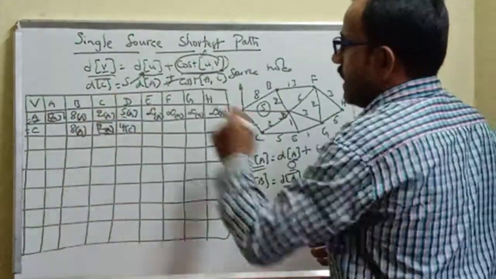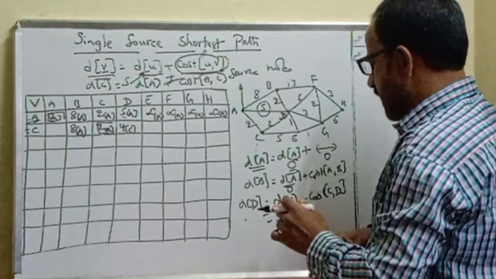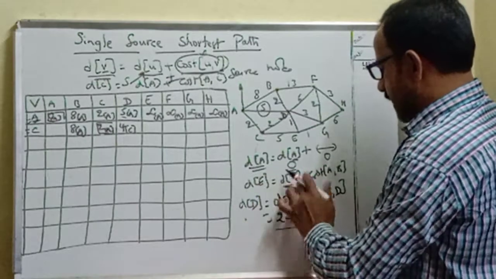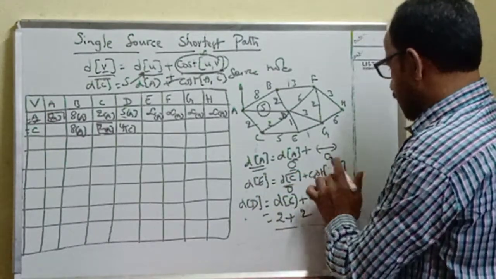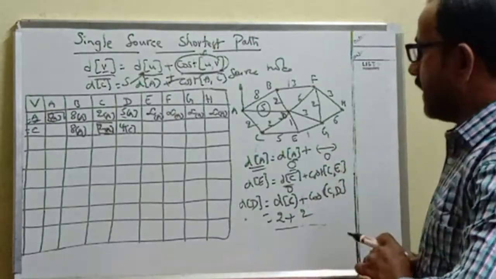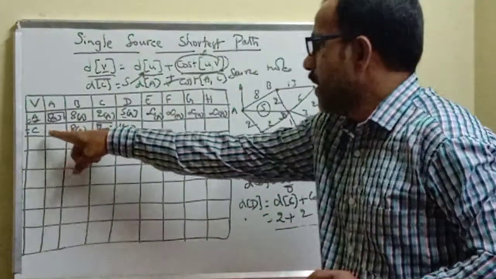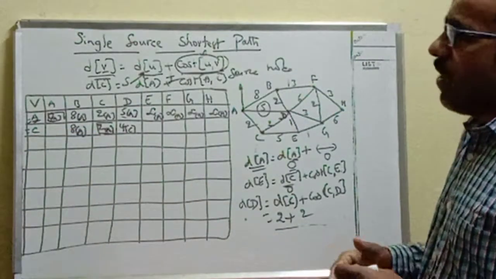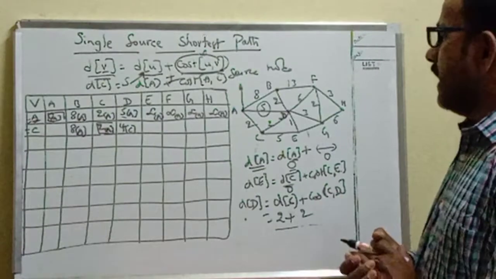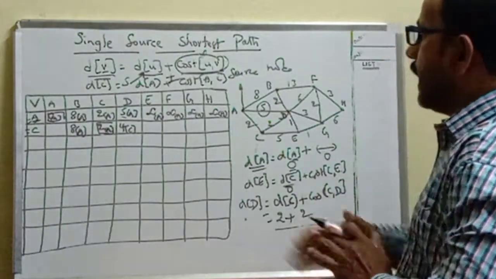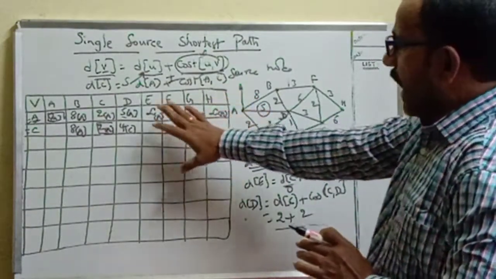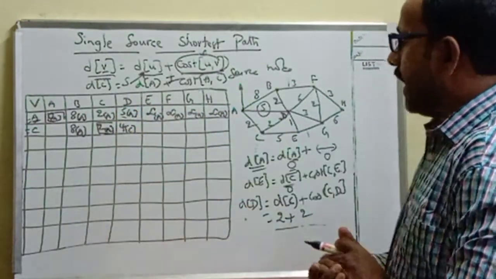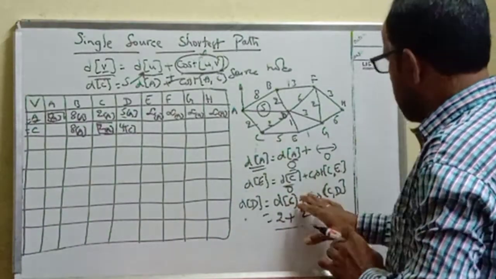Okay. Next one is the distance of E. What is the distance of E? Same as the remaining ones: distance of E equals distance of C plus cost of C comma E. Because in this entire row we are considering the intermediate node as C, meaning we are assuming that we are already at C. So from C we are calculating the distance to any other node. If a direct edge is there, then only add the direct edge cost to the distance of C. Otherwise, add infinite.